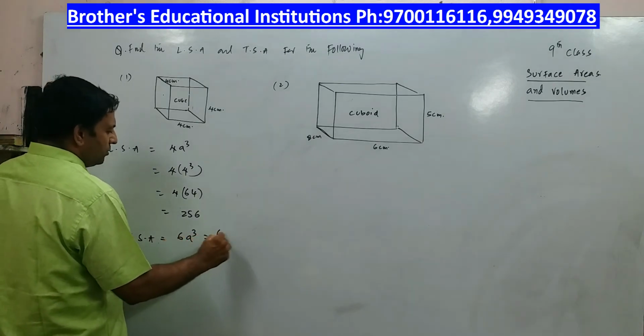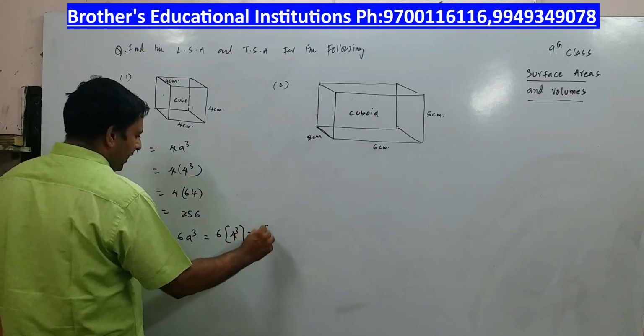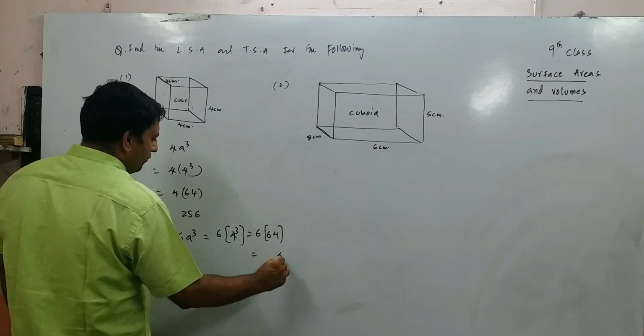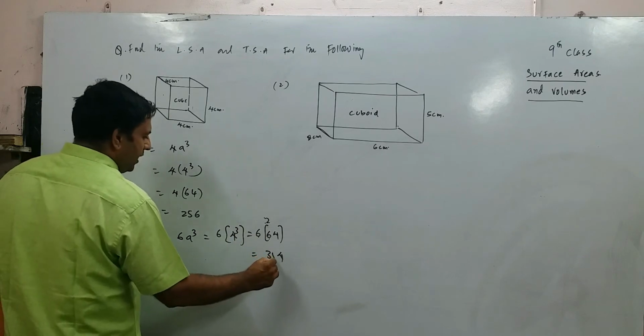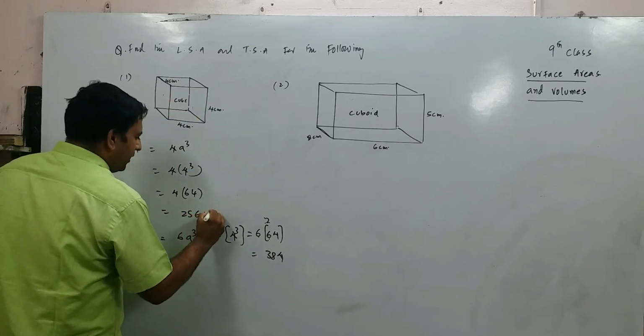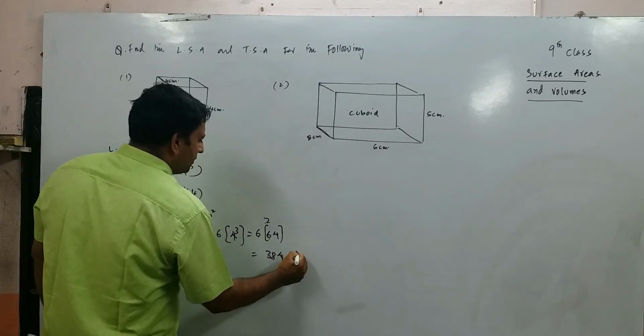Similarly, if I ask you the total surface area of this cube, the formula for total surface area is 6a squared. So 6 times 4 squared. So it is 6 times 16, which is 96. Now because it is given to you as centimeter, if you don't write centimeter square, it's a crime. You mention this is centimeter square.